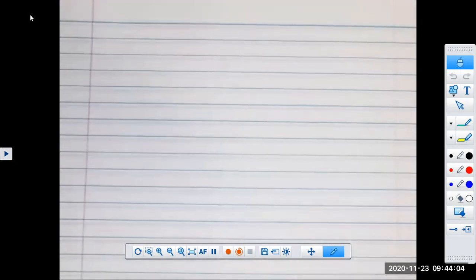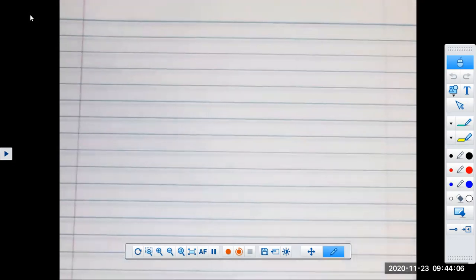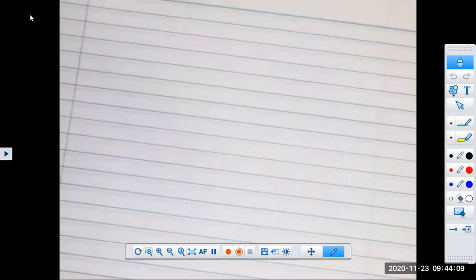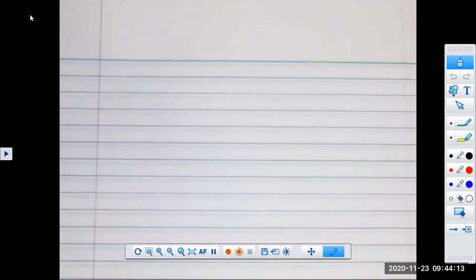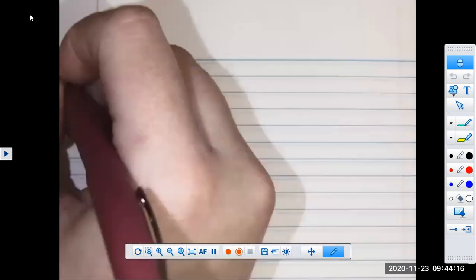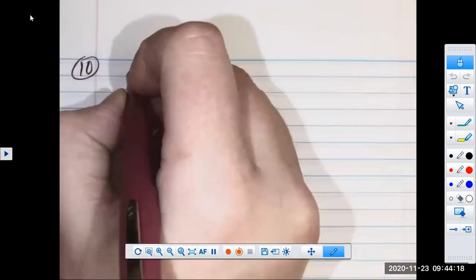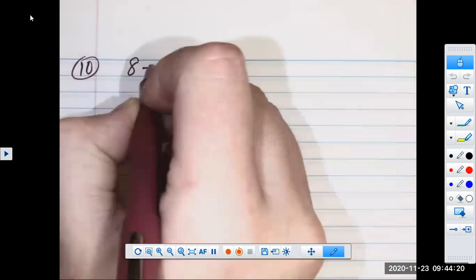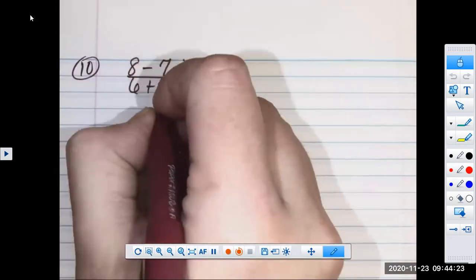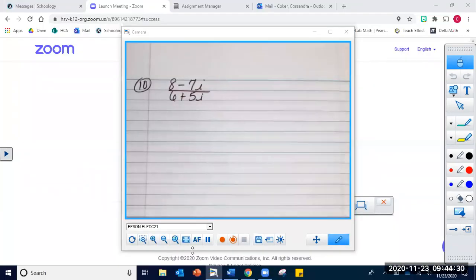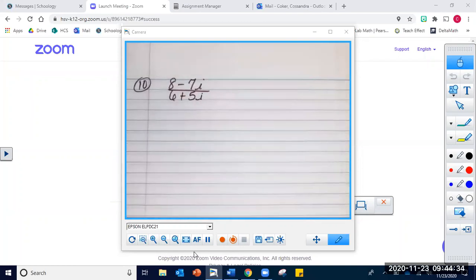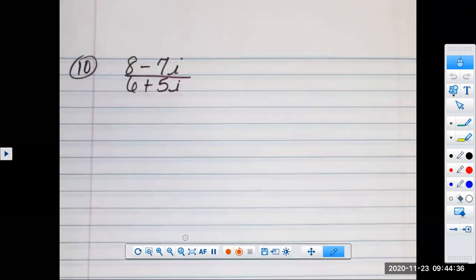Okay, this is the most difficult of the division type of problems that you'll see. Okay, this is number 10. 8 minus 7i over 6 plus 5i. Now you have two terms on the bottom. Once again,